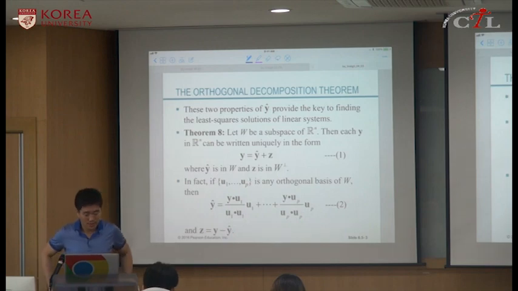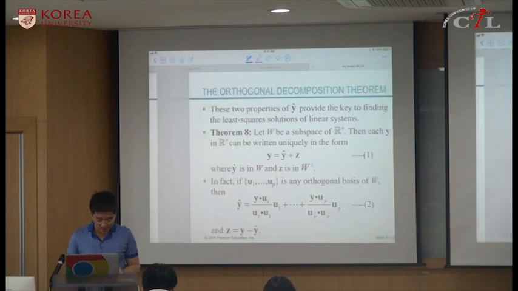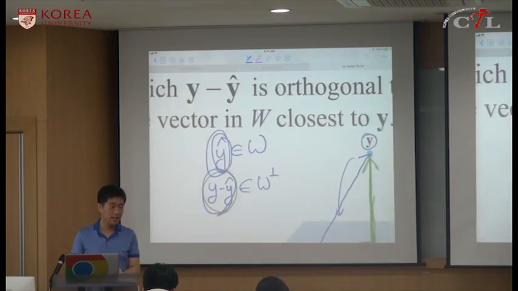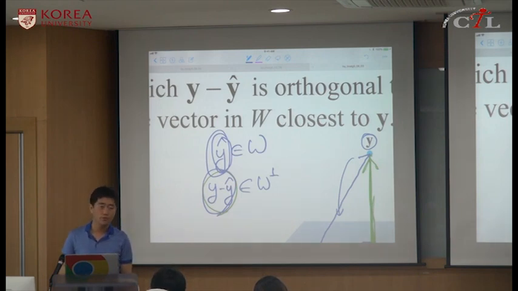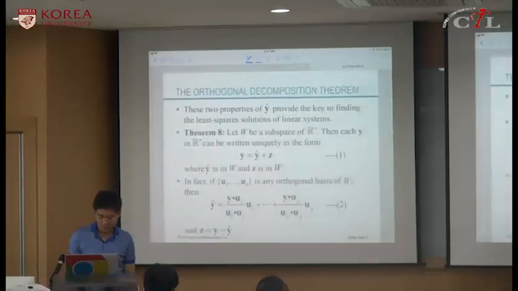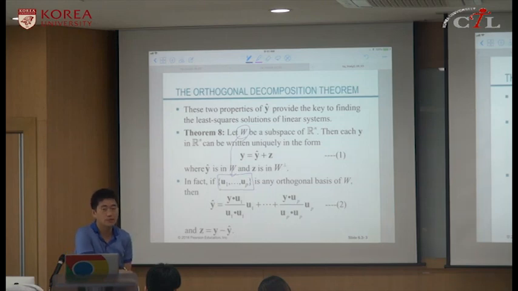Okay, so in order to obtain this y hat, we first assume that we are given an orthogonal basis of our subspace W. So the initial situation is that our subspace W has this orthogonal basis. Okay,